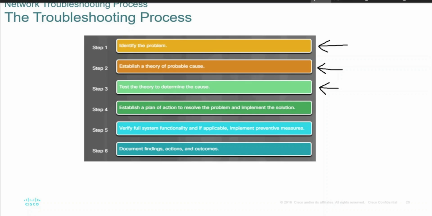Once you find what the problem is, create a plan of action to resolve the problem and implement the solution. It can be a loose cable, then connect it firmly. Once everything is fine, verify full system functionality and, if applicable, implement preventive measures.